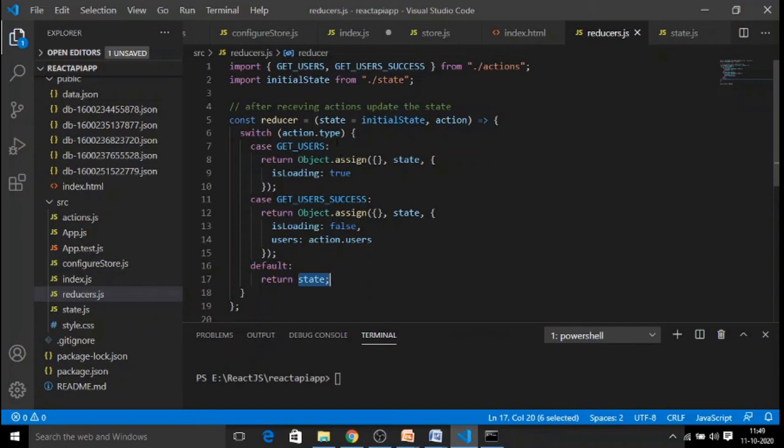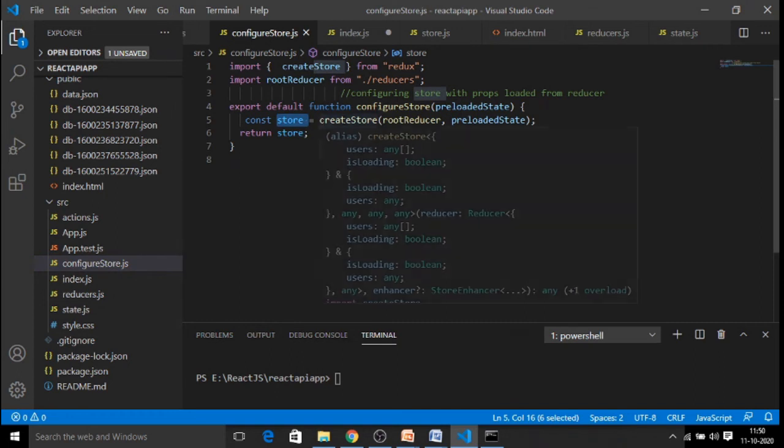It will not return your user details, it will return the state, because state contains all the internal information across your application. So the state is always immutable. We are loading with your data, and the action that has taken place is called get users. Your data is loaded.